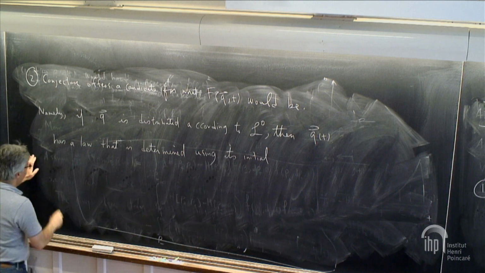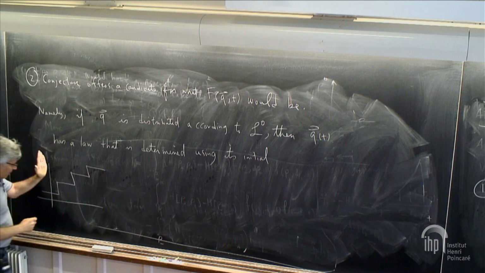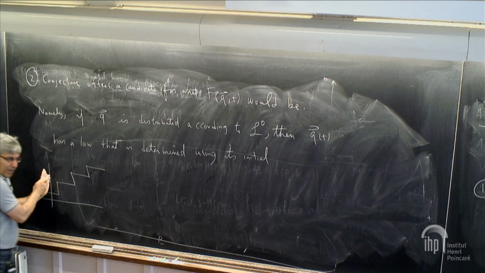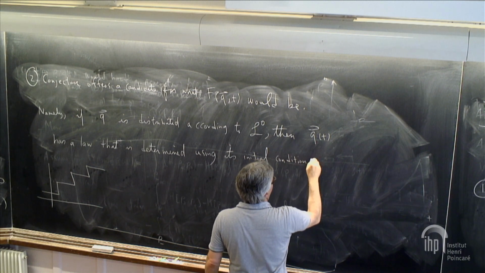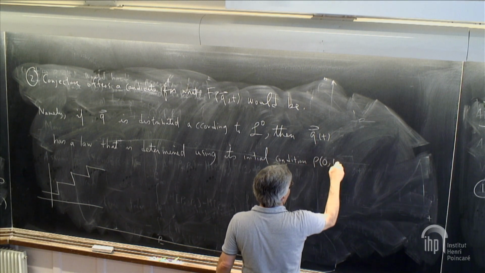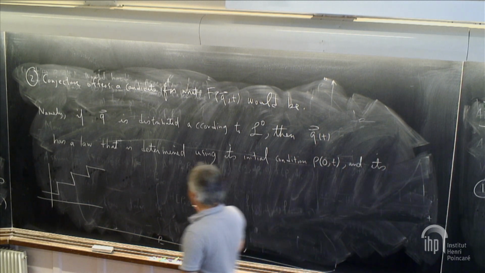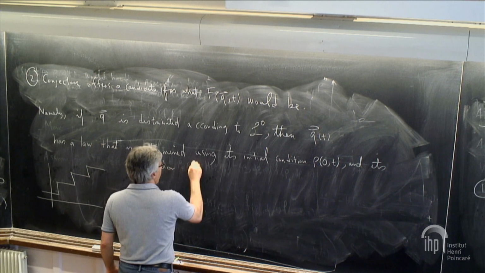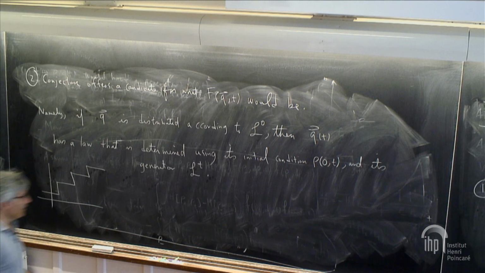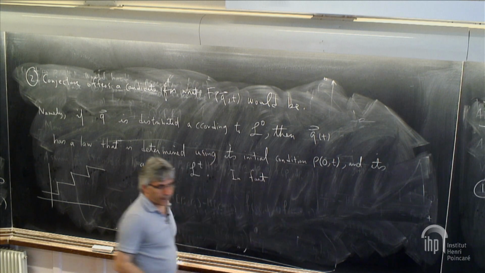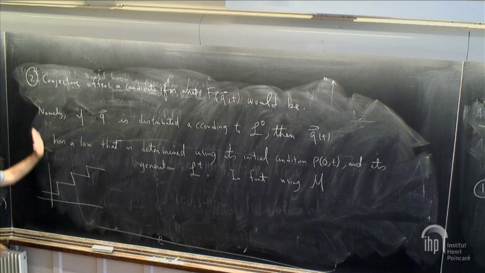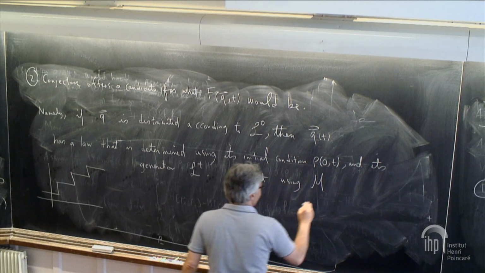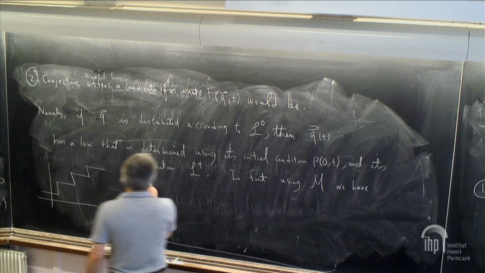What's happening here? If I know exactly what rho is, that's the initial condition of my Markov process, then I can determine the law because I know what the dynamics is. Using its initial condition, rho at position 0 and time t, and its generator, LT. In fact, using M, so remember M is the Markov process you see here, and I have a candidate for what M would be, we have a candidate